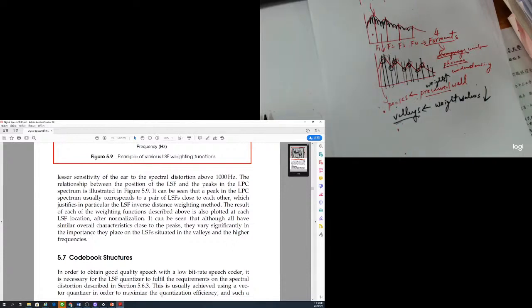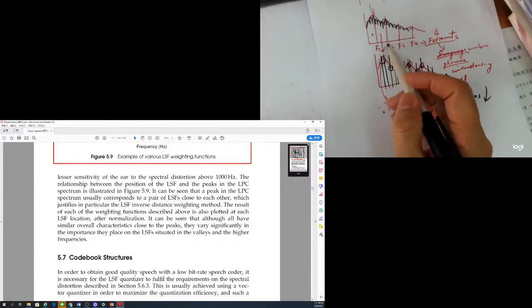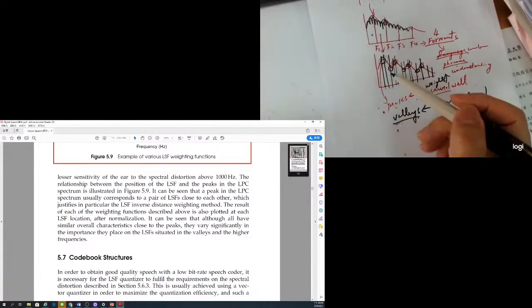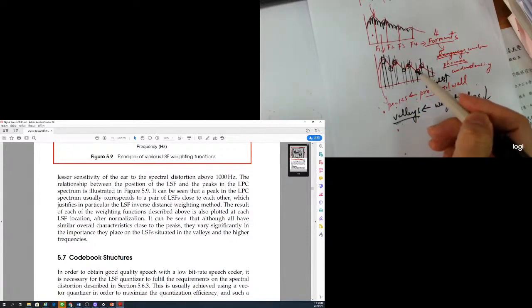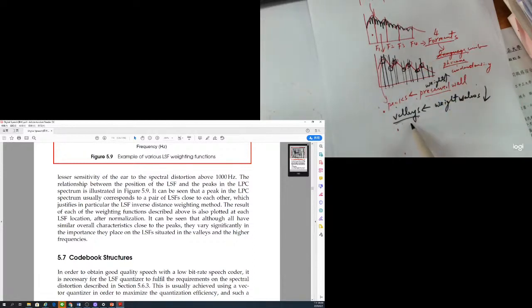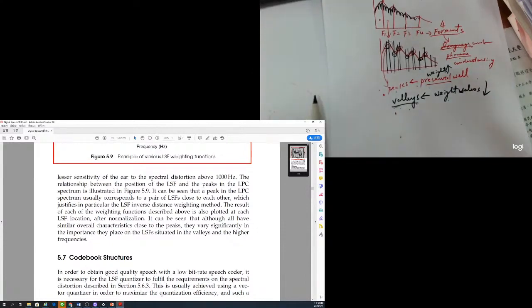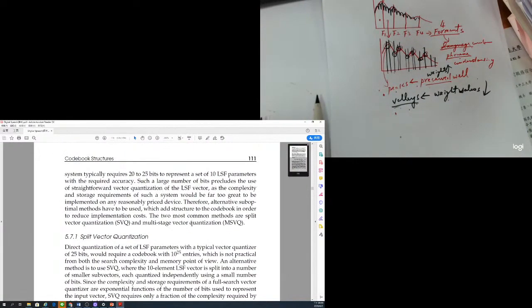For the weighting value, if a line spectrum frequency coefficient is close to the envelope, close to the formant location, we try to keep the weighting value bigger. And if it is not close to a formant, just close to a valley, the lower point, the weighting value for that line spectrum frequency coefficient becomes smaller. So the main idea is like this. Okay, so once we have